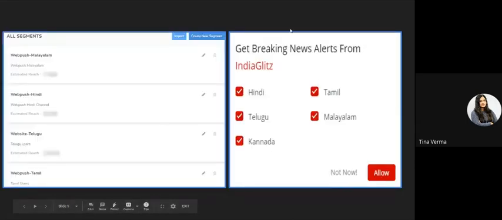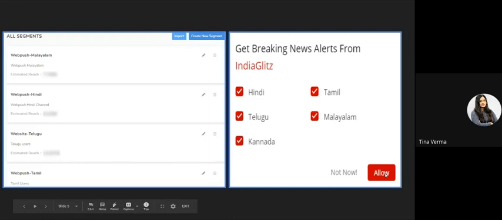Now look at the right image here. When a person visits their website, which is indiaglitz.com, they will receive a pop-up which asks every user to select the language of their preference. Let us say I understand only Hindi, so I will tick the Hindi option and then click on allow. Once I click on allow, I become a user of India Glitz.